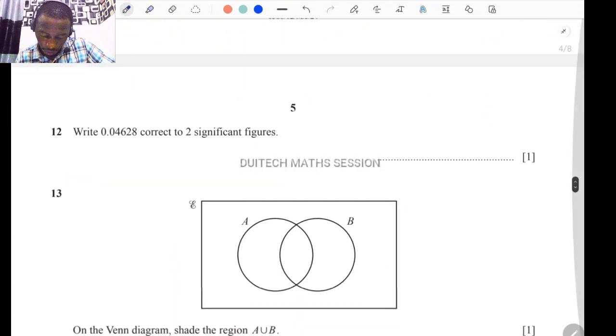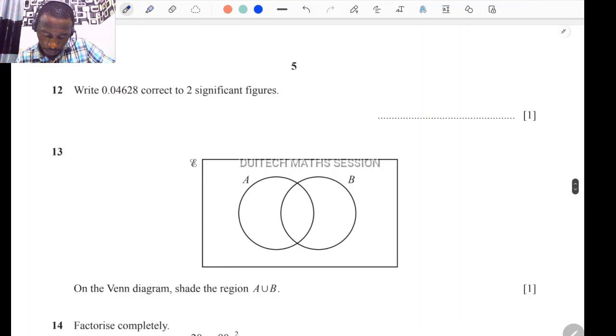The next question says write 0.04628 correct to 2 SF. If you look at it, 4 and 6 are the first and second important numbers here. So the rest we have to discard, 2 and 8, sorry. Since 2 and 8 did not fall in the approximating boundaries, we're going to discard them. So our answer here is